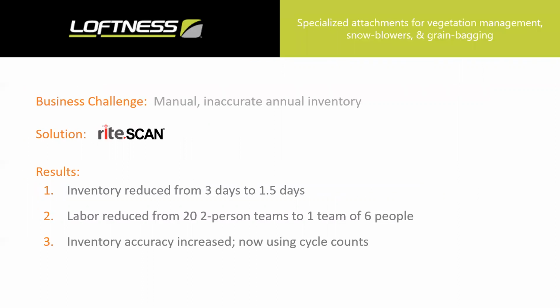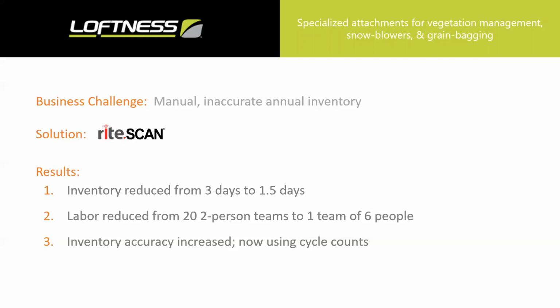Another customer is LOFTNESS, which is based out of Hector, Minnesota. The company manufactures and distributes specialized attachments for vegetation management, snow blowers, and grain bagging systems. They roughly employ 90 employees and operate in a 100,000 square foot facility. The business challenge they faced was that each year their annual inventory would take up to 3 days or more